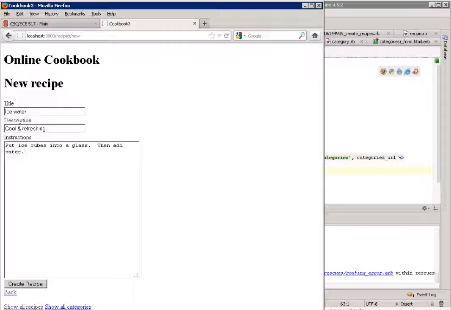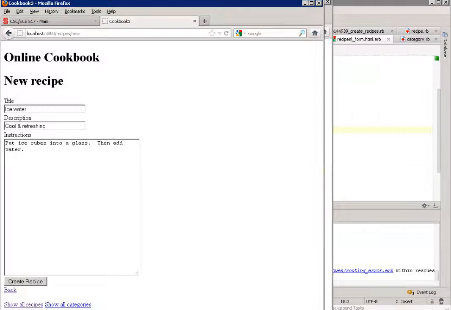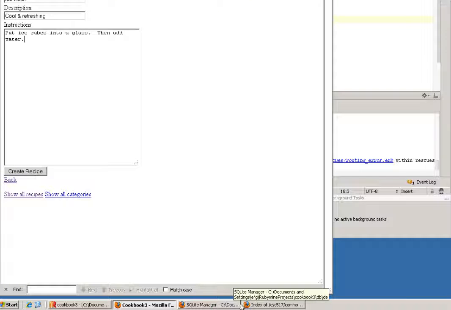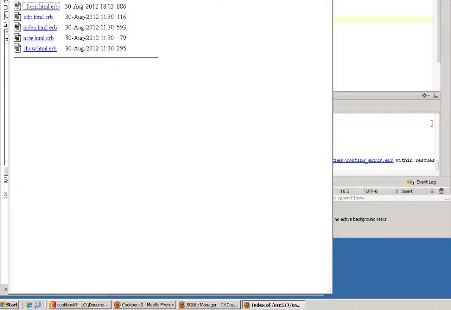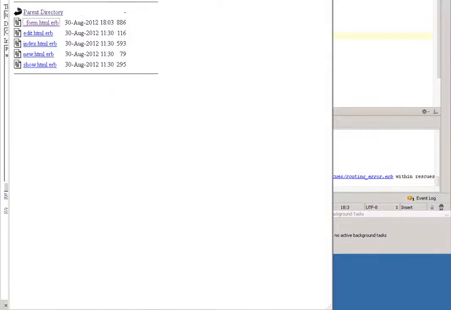Well, we're in a recipe, so we probably need to add something to recipes controller to make sure that the drop-down is listed. So actually we need to add something to the view code because it's the view that's going to display the form on the screen. So what I would like to do is go back to my code that we had from the app we wrote last time and go back to